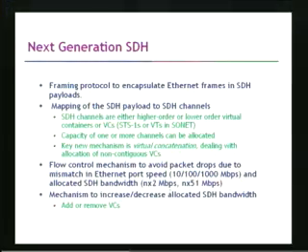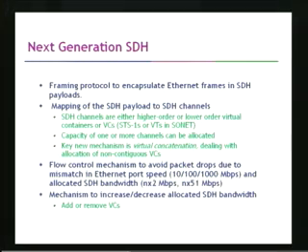Then there is a flow control mechanism which is used to avoid packet drops. This is important because, as you know, Ethernet works at speeds of either 10 megabits per second, 100 megabits per second or 1 gigabit per second, and SDH typically operates at 155 megabits per second, 622 megabits per second or 2 Gbps. So if you are connecting a 100 megabits per second or 1 Gbps Ethernet to an SDH, and the SDH bandwidth available is only 34 megabits per second or some small fraction of 100 megabits per second, then you have to